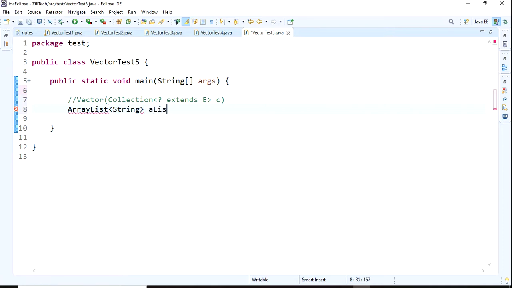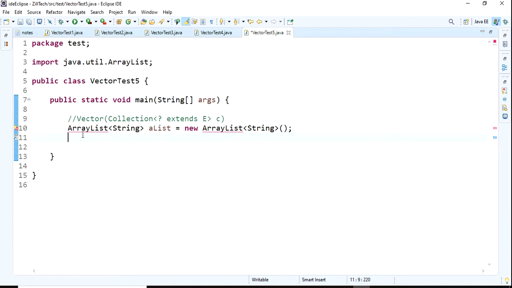ArrayList<String> alist equals new ArrayList<String>, and I will import it. Yeah, imported. And next alist.add Zil, alist.add Vasu. I am adding only two.